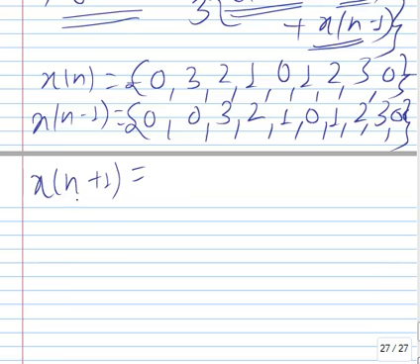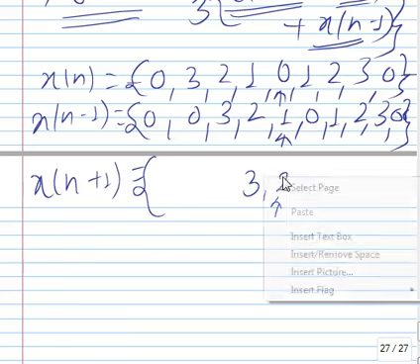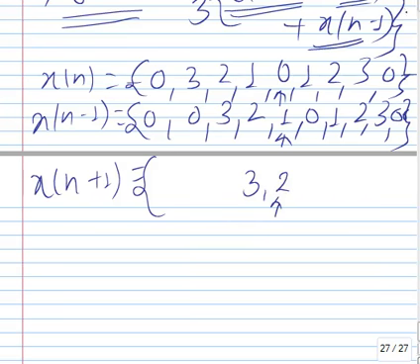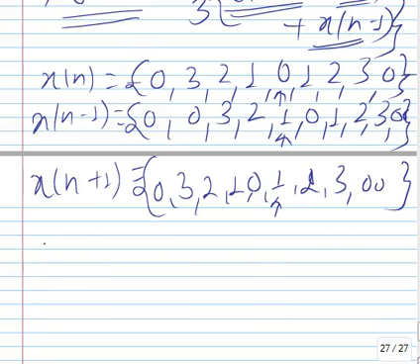We know that when we add something to this n, the signal x[n] gets shifted to the left by this amount, which is 1 in this case. So how will it look? This was the origin in this case, and in this case this was the origin. In this case it will become, sorry, 1 0 1 2 3 0 and all that. Here it will become 2 3 0 0, all that.